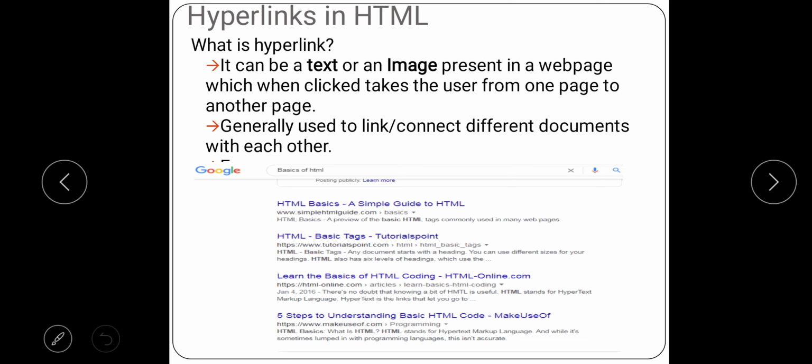I'll give you an example. Suppose we visit any website. There are many links which when clicked take us from one page to another page. Suppose I am going to the website www.sbi.com, some website, right? Now if I want to go into the careers, is there any recruitment going on in the SBI bank?